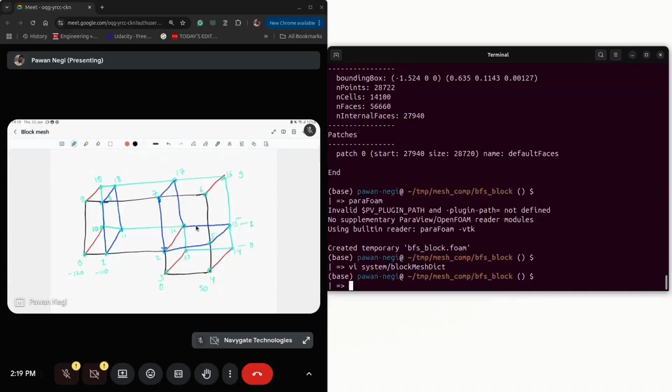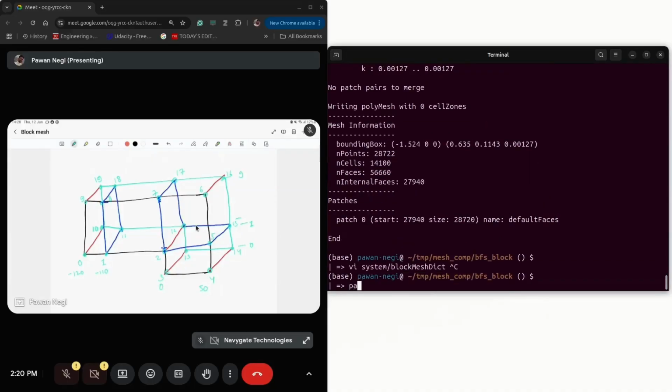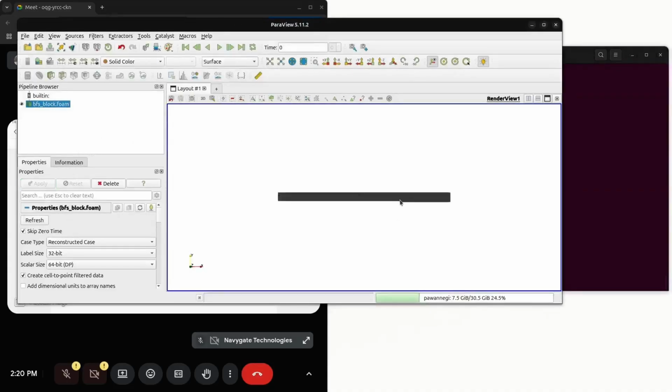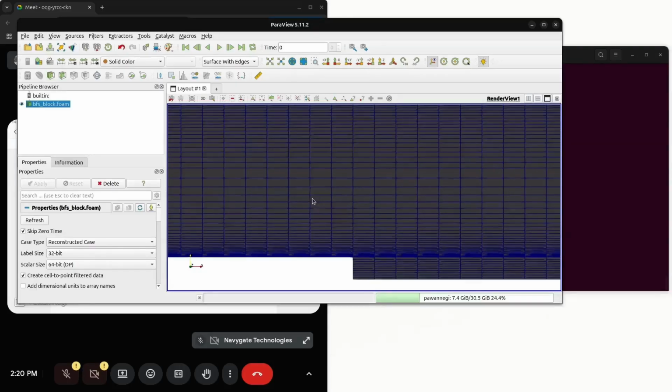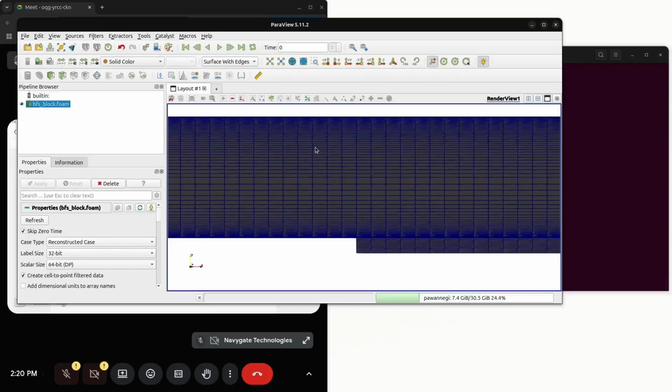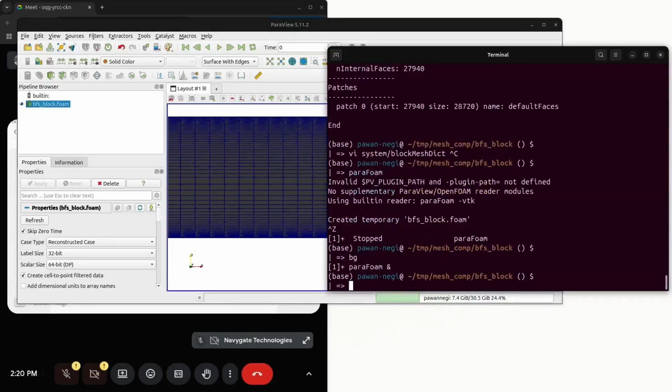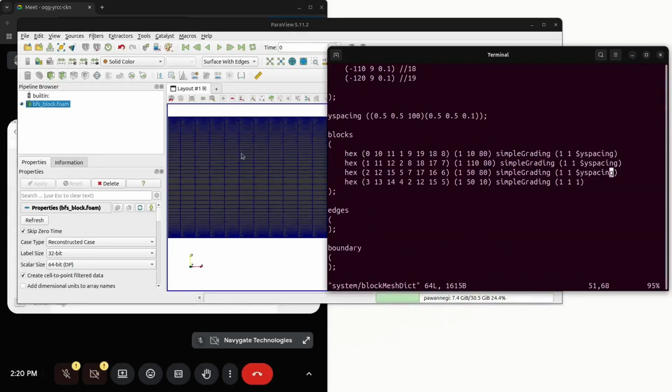So now if we run this particular script and view this in paraFoam, we'll see that there is a grading. So 50% of the cells are below and the grading is in some particular direction, and for the other 50% it is in the opposite direction, which is what we have set. Let's say you want the grading in the other direction, you can always change this. So you can go back to the blockMeshDict and then change these two values to the opposite of this, with 0.1 and 100,